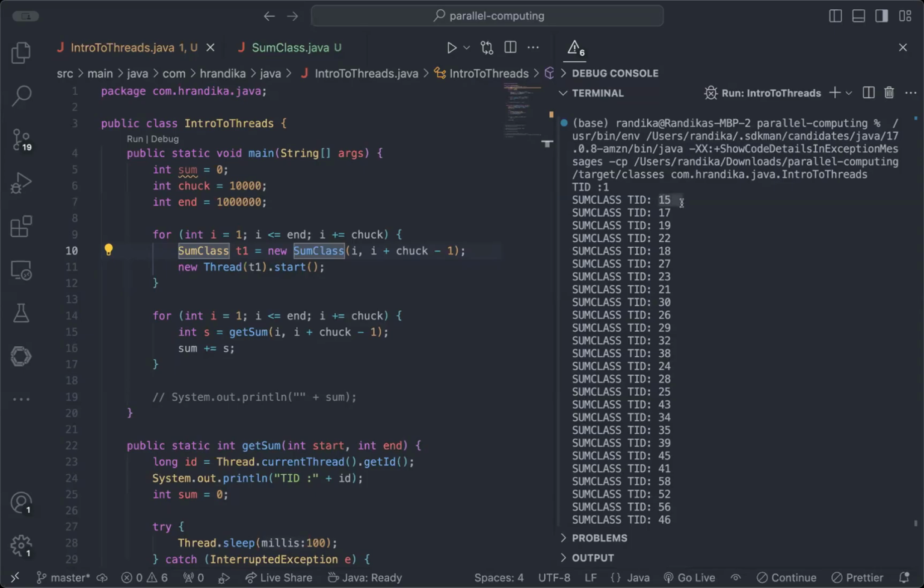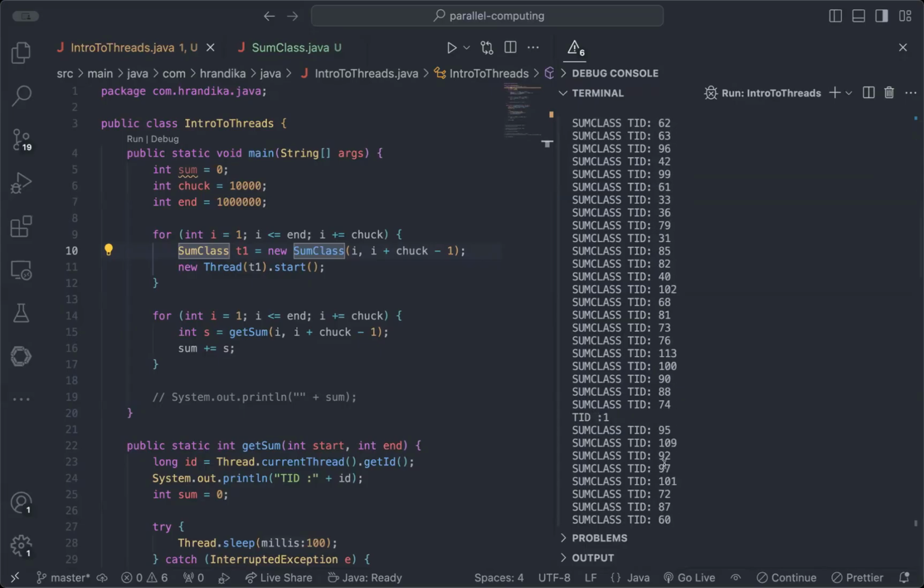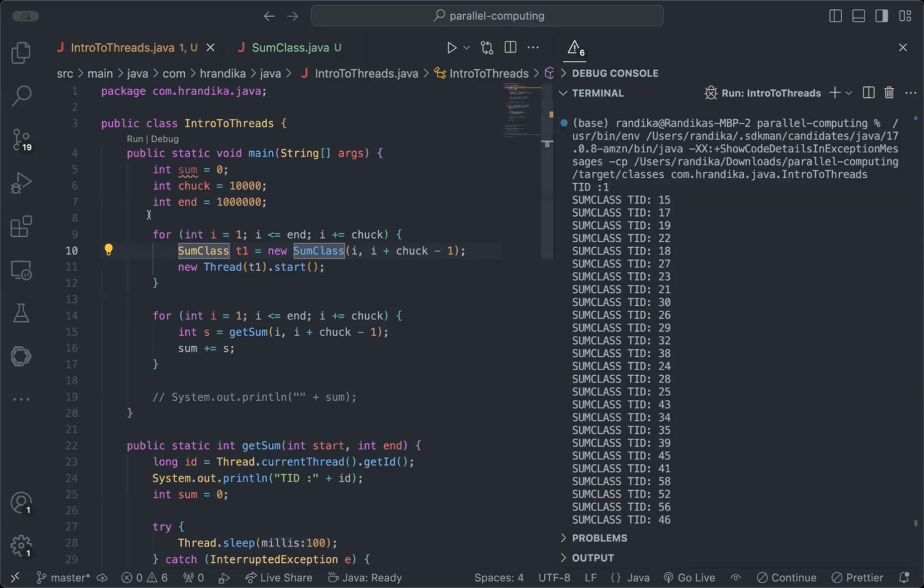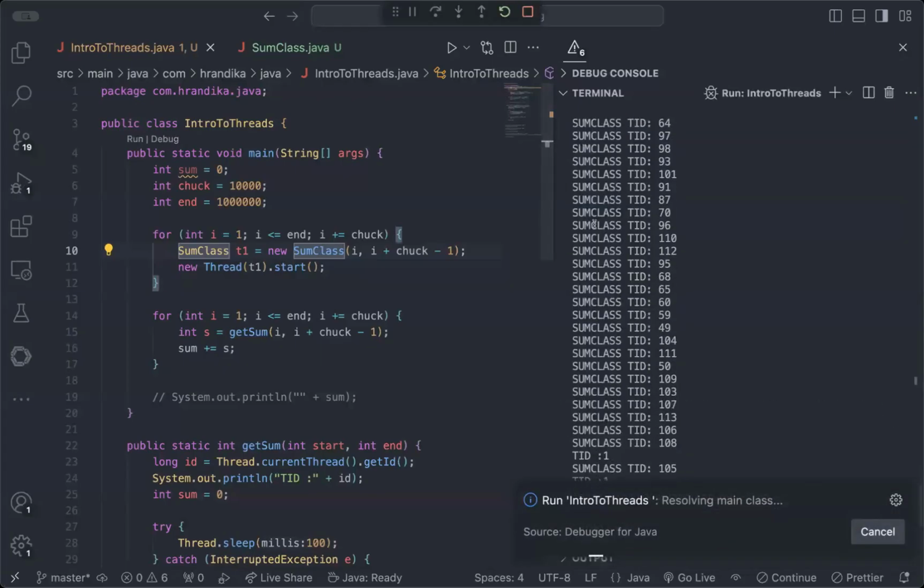So the first thread that got executed was 15. The second one is 17, 19, 22, 18, and so on and so forth. Okay, there were like 110. So if I run the same execution, remember these first numbers, 15, 17, 18, 19, and 22. These are the thread IDs that were executed, and this is the order. But if I run it again,